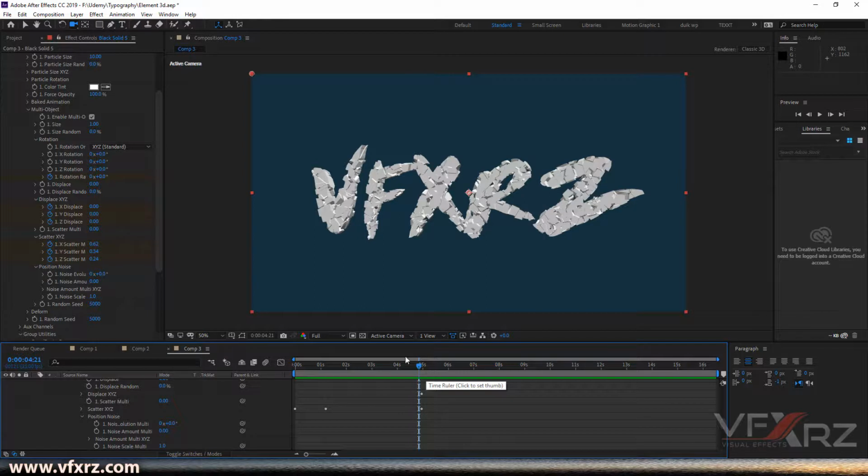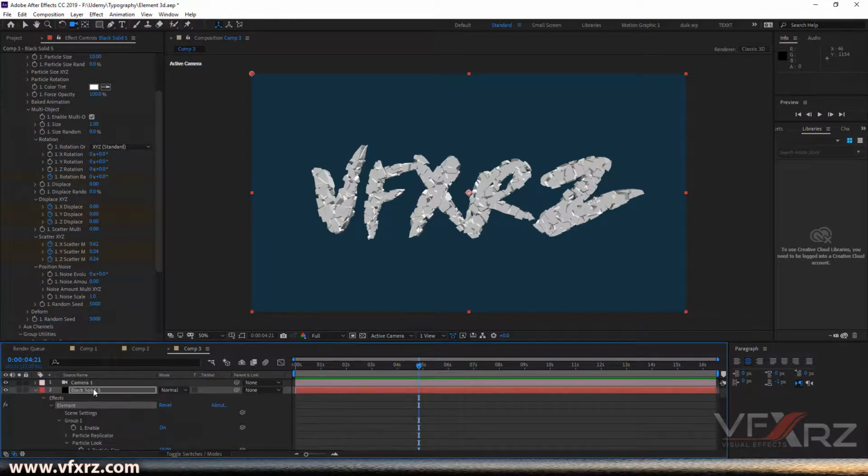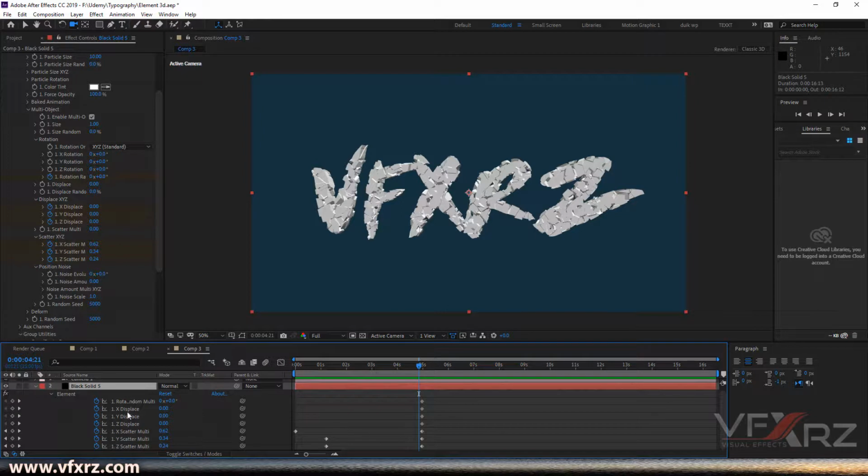For that, first click on your layer that contains Element 3D, and after that press U. After you press U, we can see all the properties that we added keyframes for. Okay, now click on this to set this indicator to the end of them, and now we can change a little,